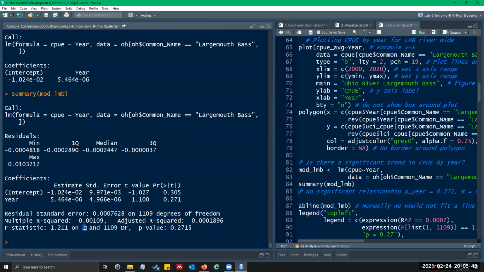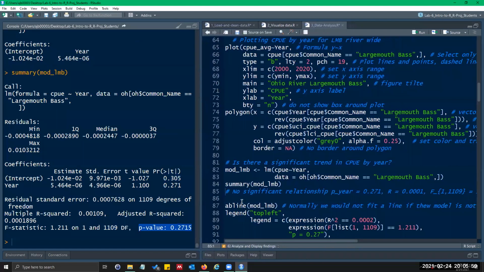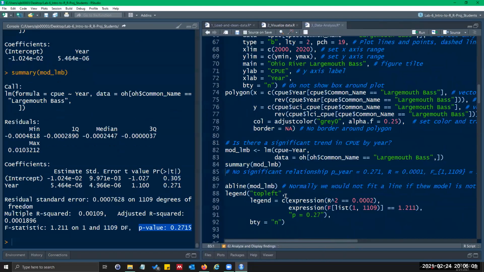And then these are your degrees of freedom for your f test, 1 and 1,109. And then this is your p value for your f test. So you can see it's not significant. There's no significant relationship between catch per unit effort and year. And normally we wouldn't plot that because it's not significant, but I'd like you to plot it.